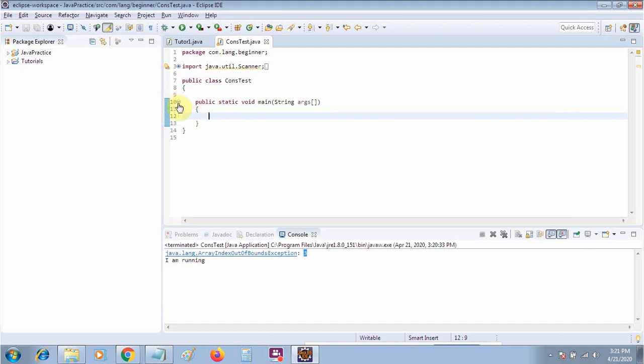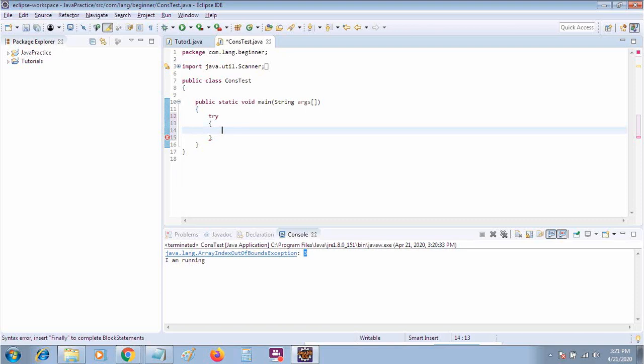How will we use this one? Suppose that this is our first try block. Suppose that I am writing driver dot find element by id. So here I am first trying to find the element by id.